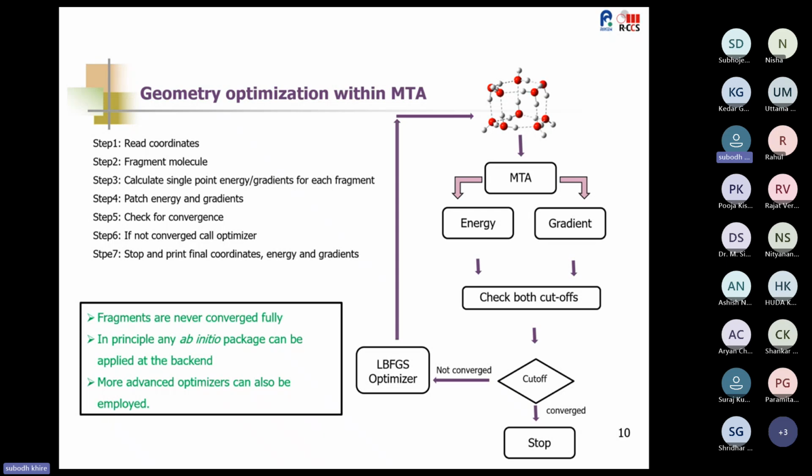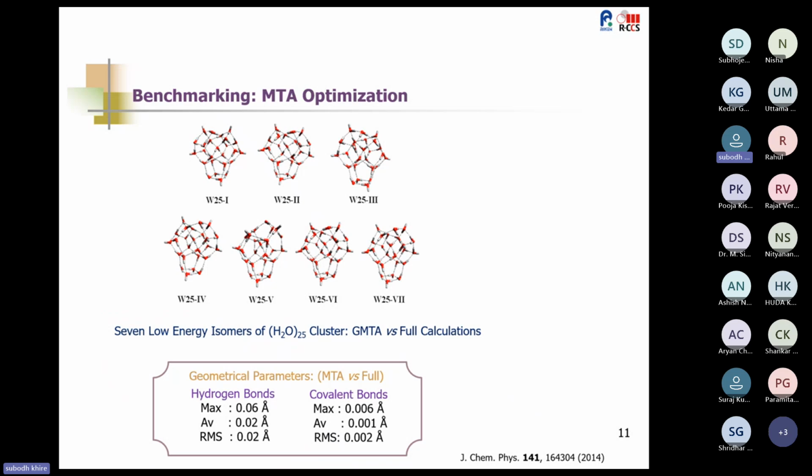Second, in principle any ab initio package can be employed at the backend, because MTA is independent of the level of theory and basis set, as it is borrowing the output from the ab initio calculation. More advanced software optimizers can also be employed, and we have currently tested with Berny, which I just mentioned. With all this, we have done some MTA benchmark optimization for the water clusters,